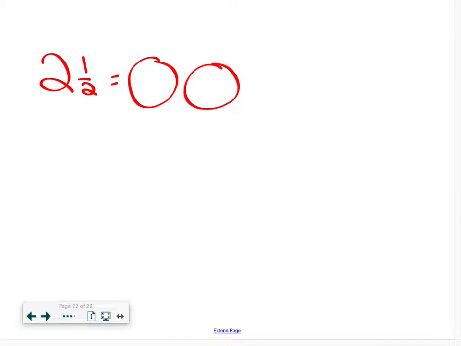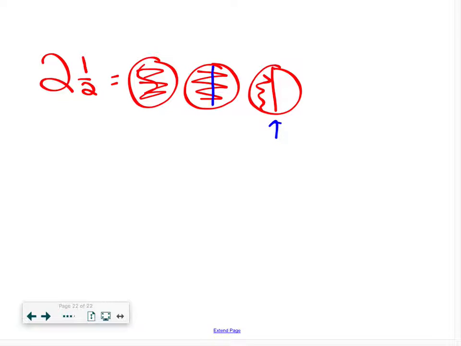All right, first things first, if I have 2 1/2, in my mind, I am picturing 2 whole pizzas and then half of another one, okay? So these are colored in, and I'm hoping you agree that looks like 2 1/2. If you're trying to change it into an improper fraction, you have to cut all of the pizzas in half. So this one's cut in half, this one needs to be cut in half, and this one needs to be cut in half. What you're looking for is how many halves there are. Well, there's 1, 2, 3, 4, 5